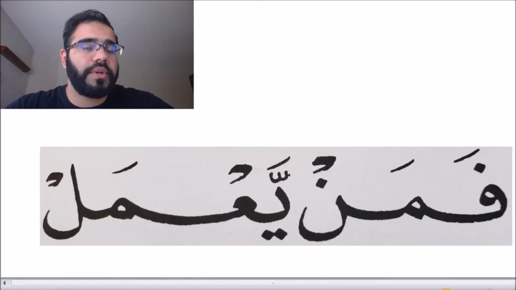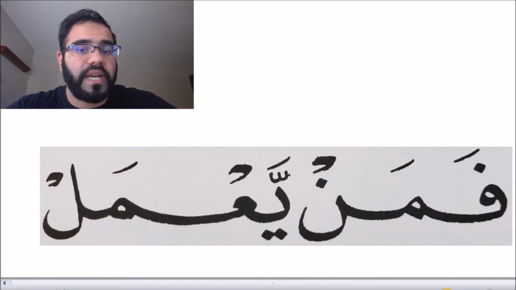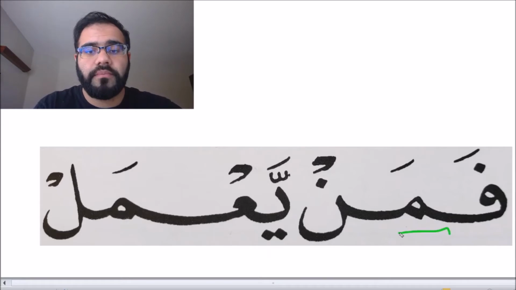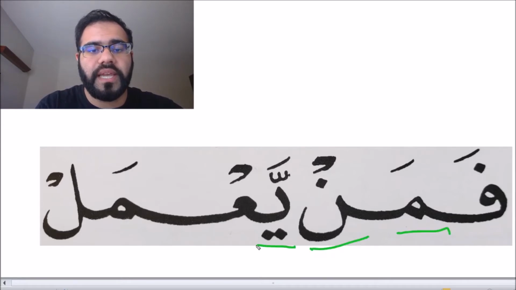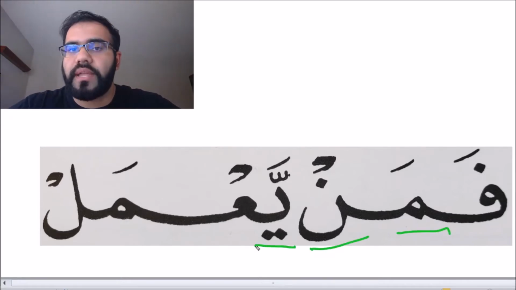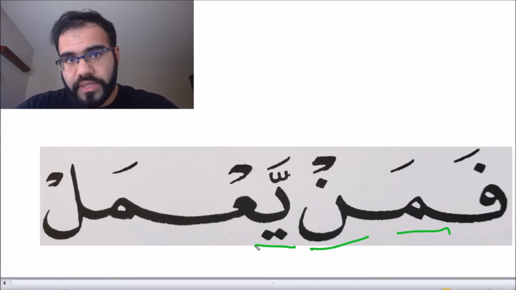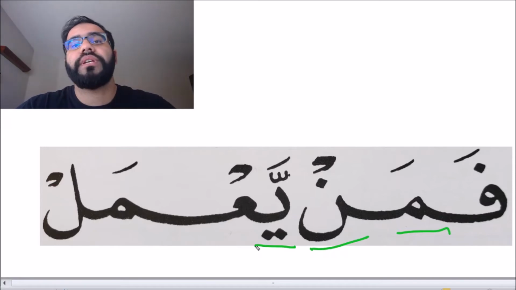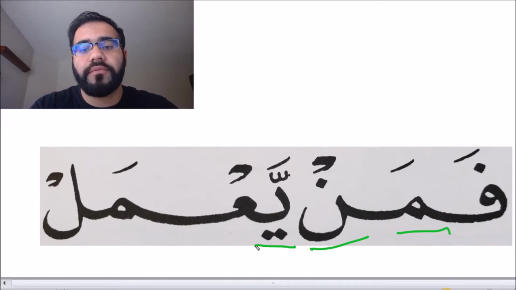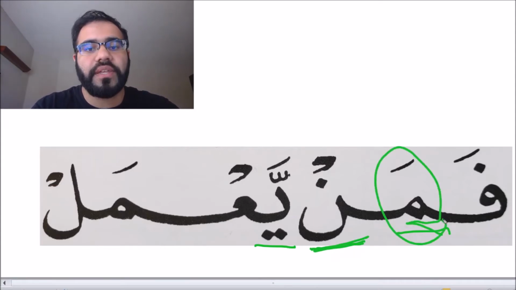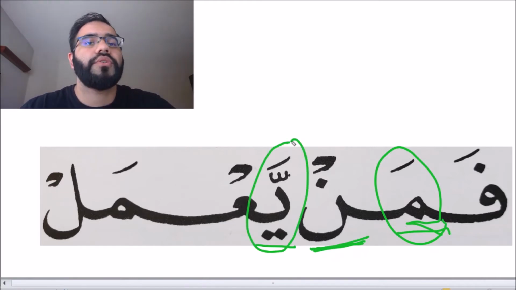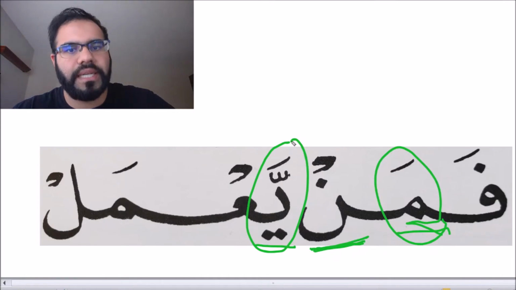So in this example, there is not a tanween. In fact, instead, all we have is the meem followed by a noon sakin and then a ya with a shadda. There is no tanween, and this actually leads to the next point. You would do the idgham holding sound when there's a tanween, and you would do the idgham holding sound if you have this noon sakin in between. Okay, so if you have this letter, and then you have this noon sakin in the middle, followed by a ya with shadda, you're going to do idgham again in this situation.